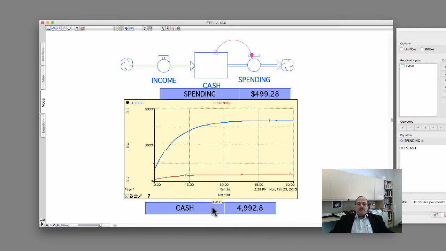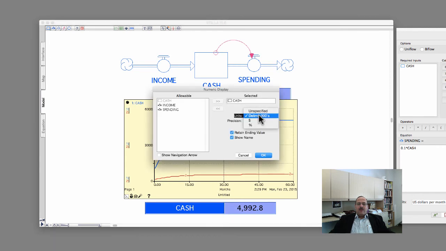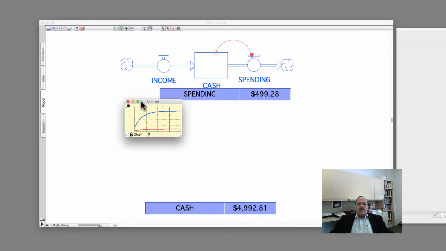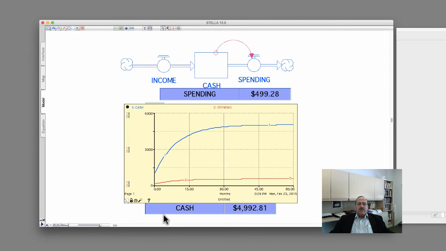And I know cash is in dollars, so I'll open that one up and make its units dollars. We'll deal with this later, but just to make it a little easier to read, maybe I want to move this down. Maybe I want to unpin and move my graph down a little bit. Move my cash down, put my spending. So now I have spending at the top,